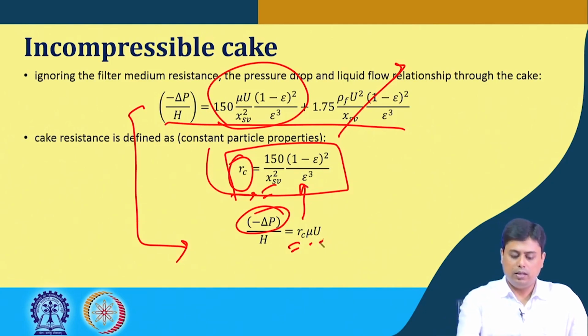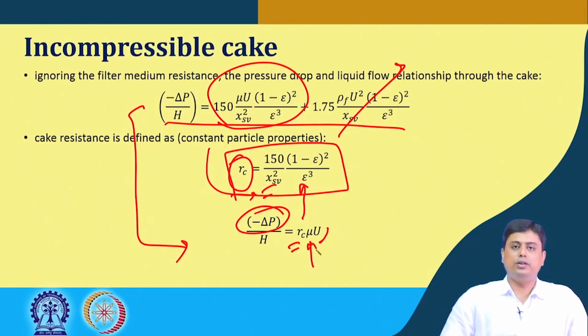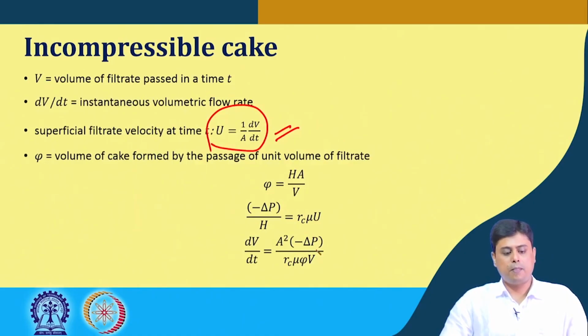Mu comes from the filtrate viscosity, which is a measurable quantity. So now if we try to quantify the superficial filtrate velocity,